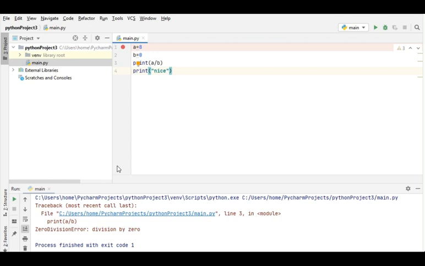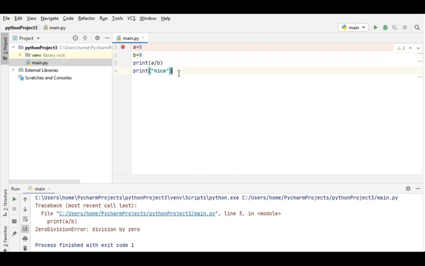Before trying those exception handlings, I'm going to explain the exact meaning of try. Try means it's a critical statement. If you try to execute and there is an error, then it goes to exception handling. So the try indicates those things. Now let's do it: a is equal to 8 and b is equal to 0, and then print a comma b.